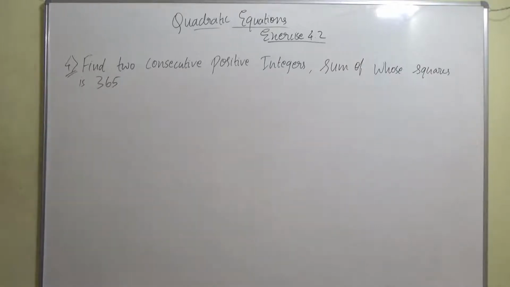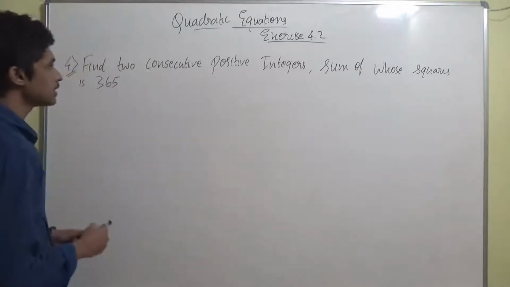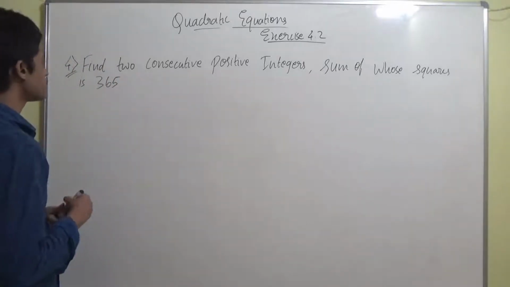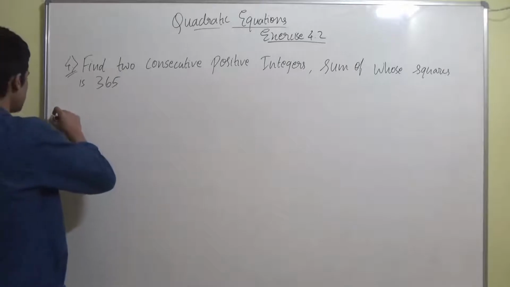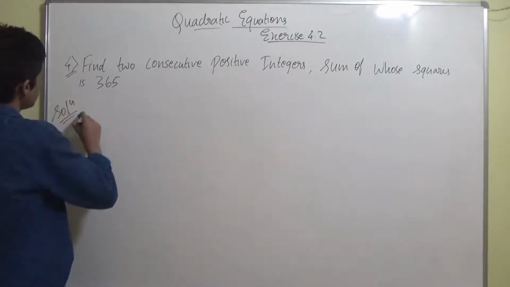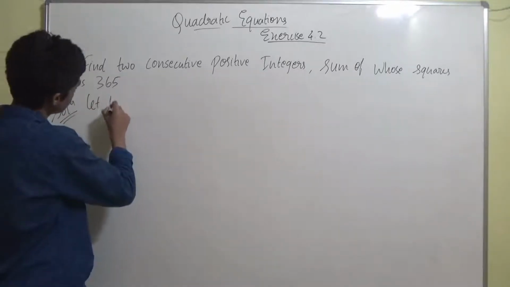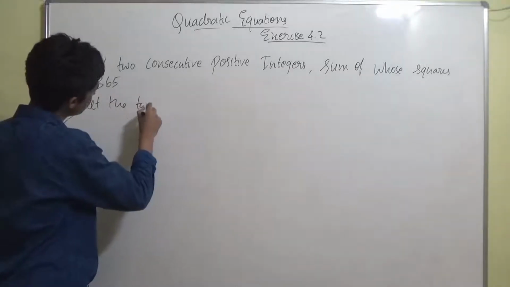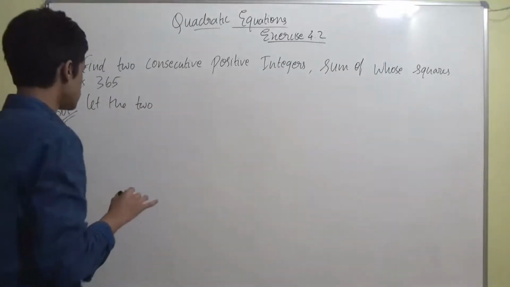Okay guys, now let's go to the question. Fourth question says, find two consecutive positive integers, sum of whose squares is 365. Okay, first let's assume, right? Solution: first assume the consecutive positive integers be